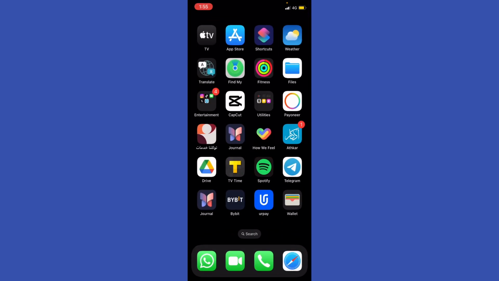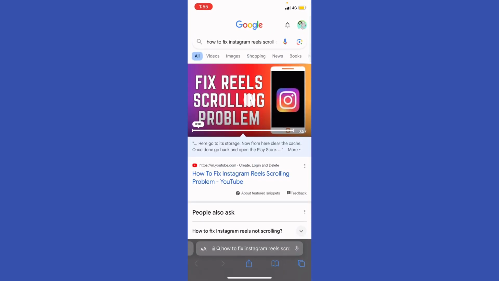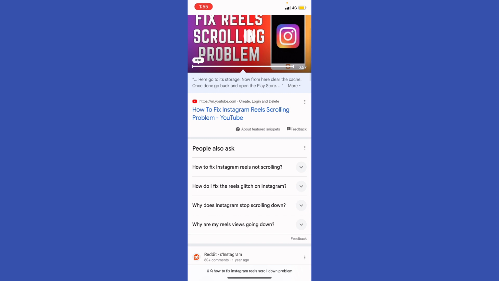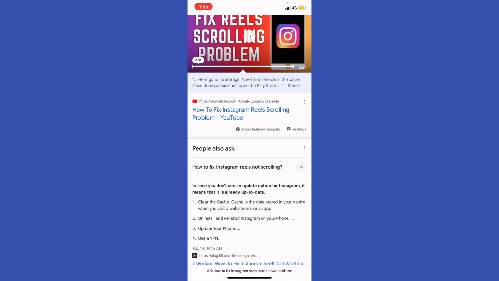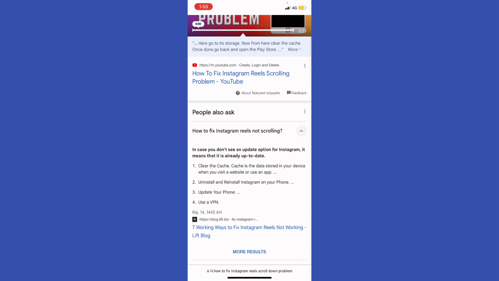Now I'm going to go back to my screen and go to my browser, and scroll a little bit down right here. How to fix Instagram Reels not scrolling. Clear the cache, and the cache is the data stored in your device when you visit a website or use an app. You install or reinstall the app on your iPhone or update your phone, which we did, and